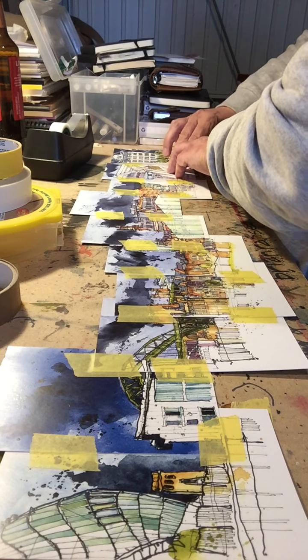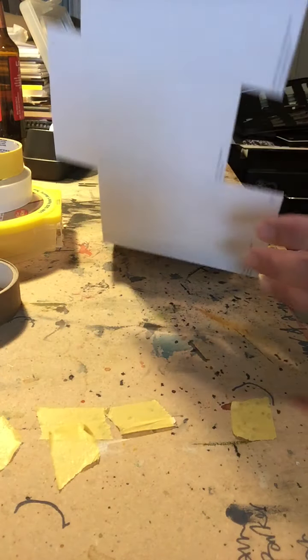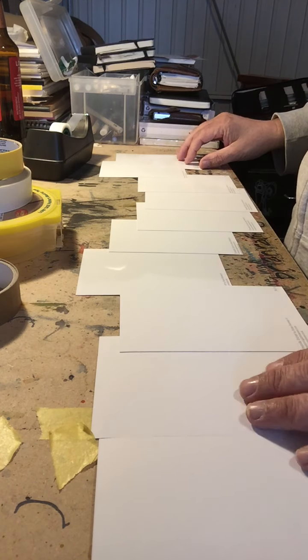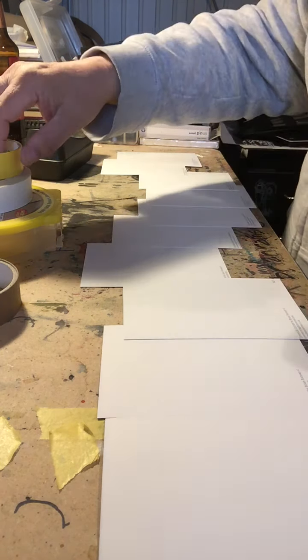Right, so that's all of those pinned together, or taped together. So I should be able to lift those up and turn them over. Whoop, almost. And yeah, that's quite good. So there you can see the backs of the cards. You can see we've lost a lot of the numbers. You can see where I've trimmed. So now